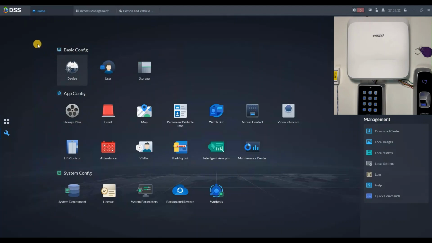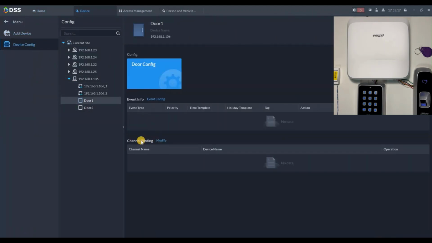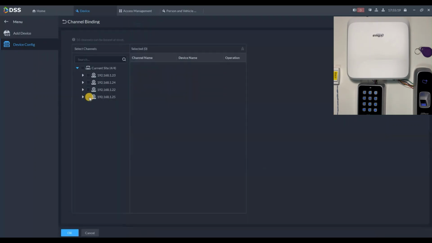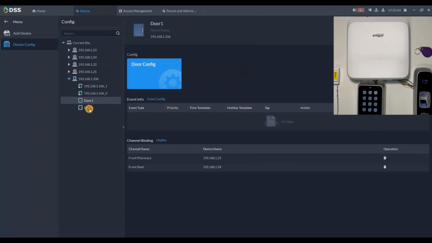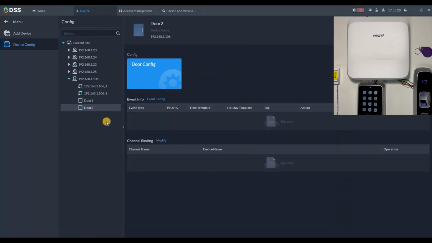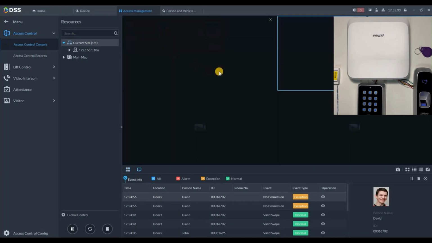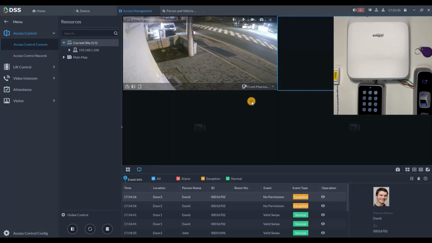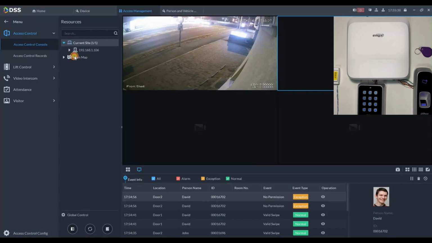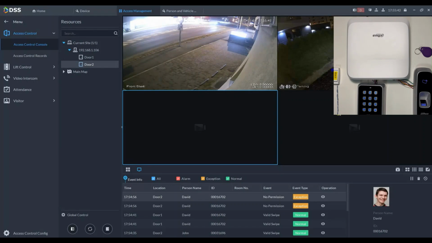You go to configuration, device config, select the door and choose channel binding. We will bind, for example, these two cameras for this door, and for the second door we'll choose these two cameras. Now when we go to access management, we can open this video from here and see live view, switch between cameras. We can also drag door 2 here, switch between these two cameras,